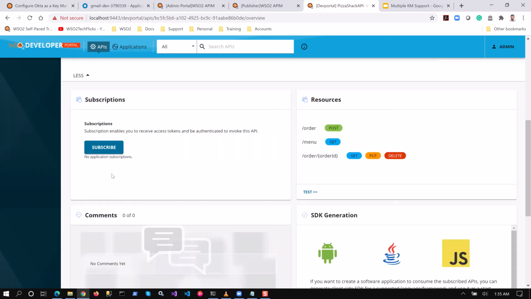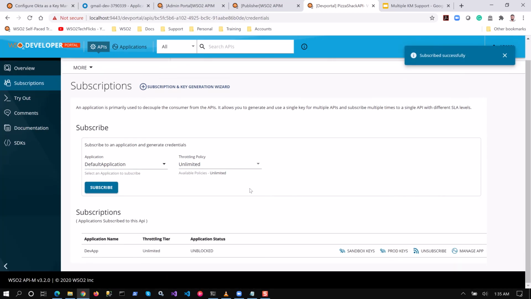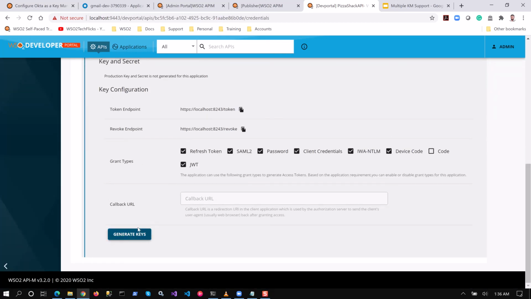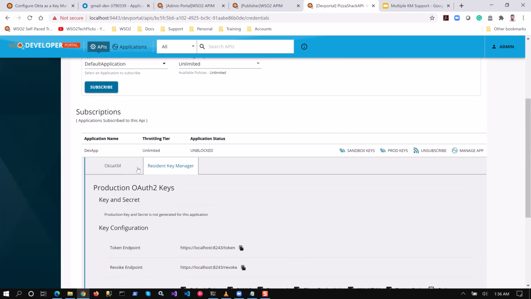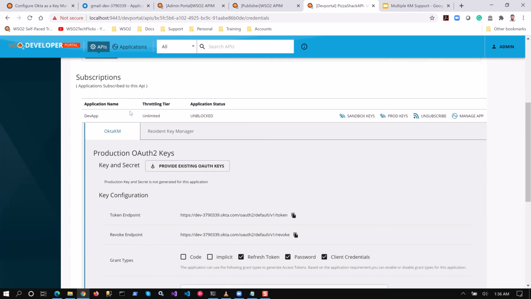Let me subscribe, and let me subscribe through the developer app called dev app, subscribe, and then let me go to production keys. And when you go to production keys, now you can see two tabs. One is resident key manager, which is the inbuilt key manager component, which you can use to generate a token and execute the API. And also you can see Okta key manager, the third-party key manager we configured a moment ago,